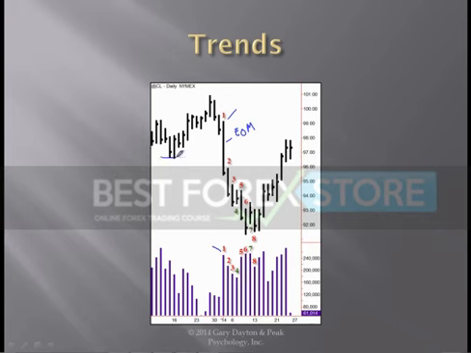It's also breaking support, at least what we've got on this chart. There may be other support lower down, but it broke that level of support. And that's a negative. If we go back a little bit, we can see that there wasn't much volume up in here before this started to come down. So this is showing us that sellers have come into the market and are strong in the market. So we expect further downside.